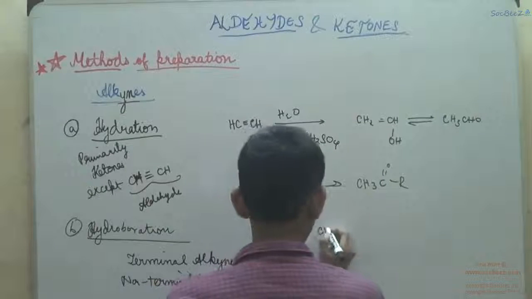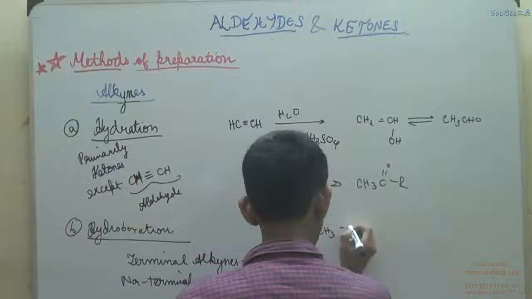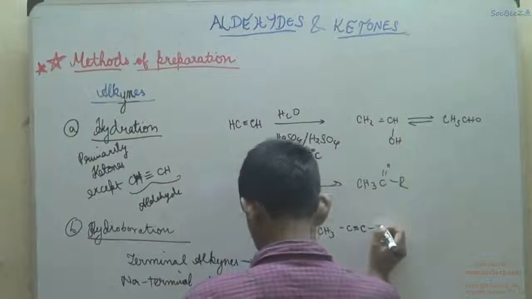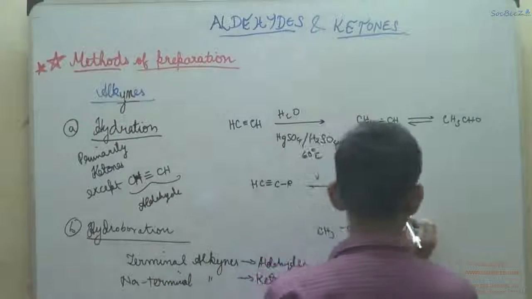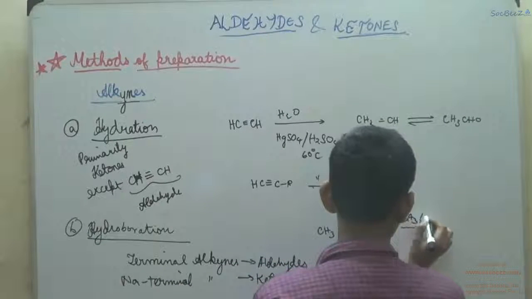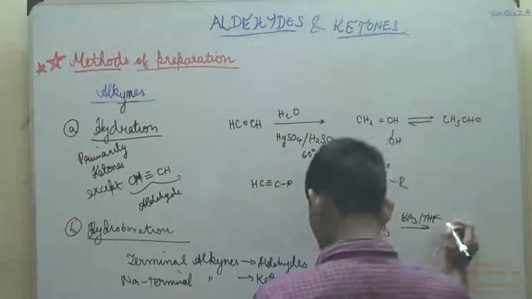I'll just give you a simple example. You have CH3-C≡C-CH3 in the presence of a borane, in the presence of THF, tetrahydrofuran, you get